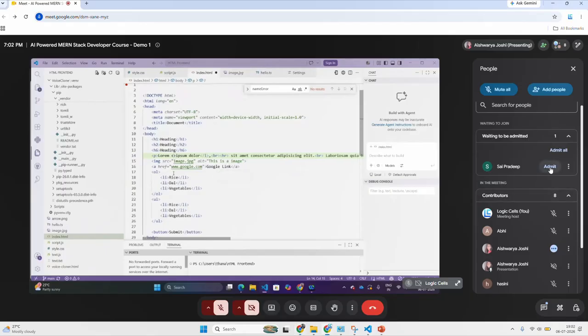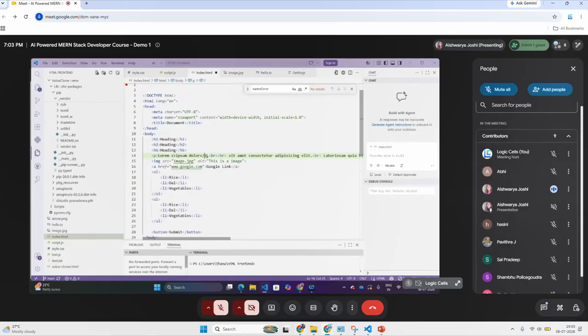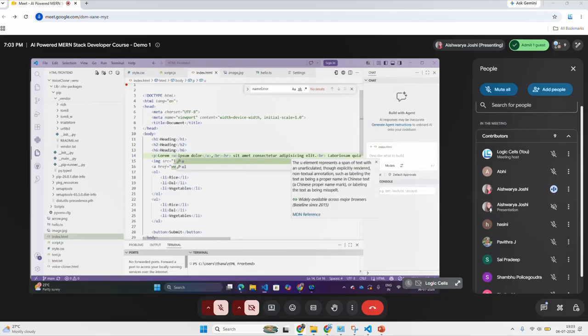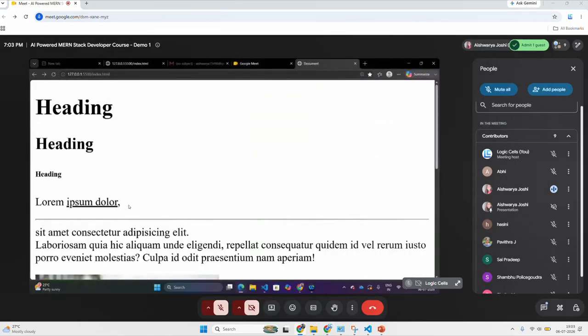And next is your U tag. U is nothing but your underline tag. Whatever text you have written inside the underline tag, all of it will be underlined. Okay, is it fine till here?